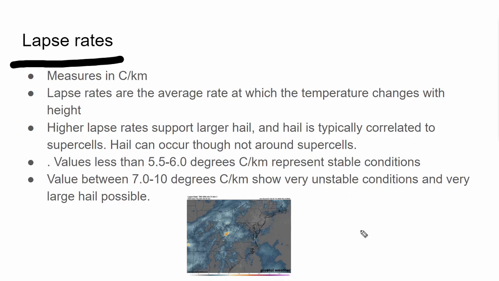So let's say over a couple thousand feet, our average change is 6.6 Celsius per kilometer. That's going to be somewhat supportive for hail, smaller hail though. Higher lapse rates support larger hail, as that should be known. And hail is typically correlated to supercells. Not always. I should not have put that in there, but as you guys know,